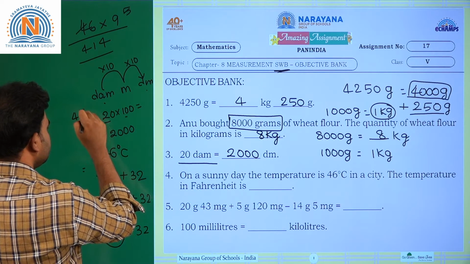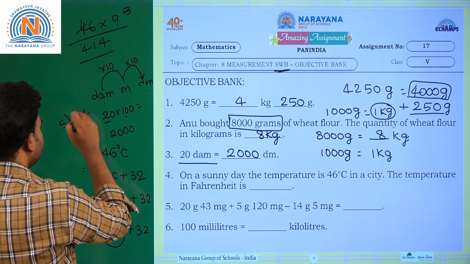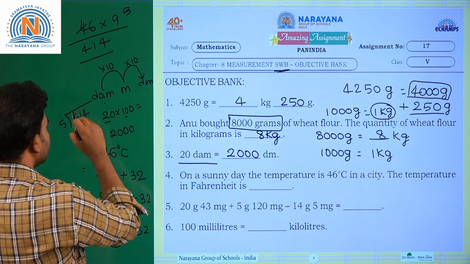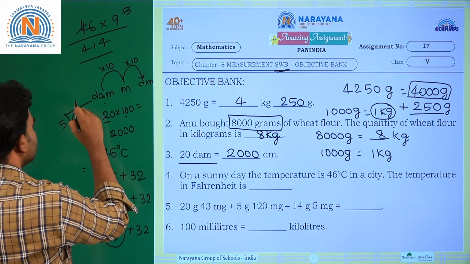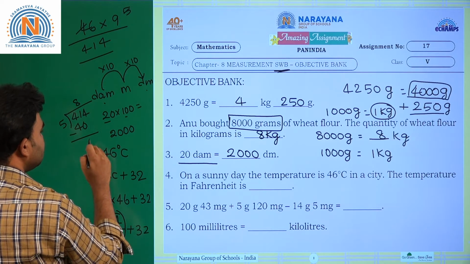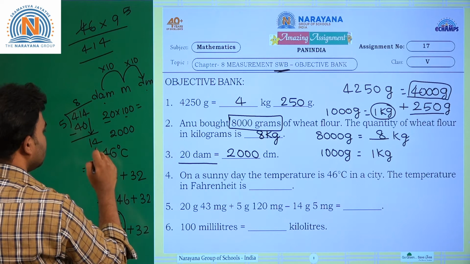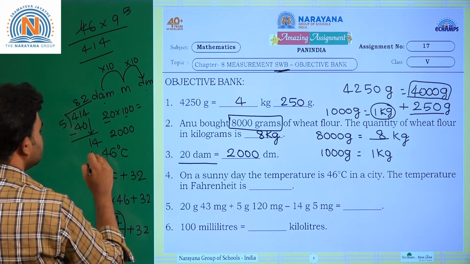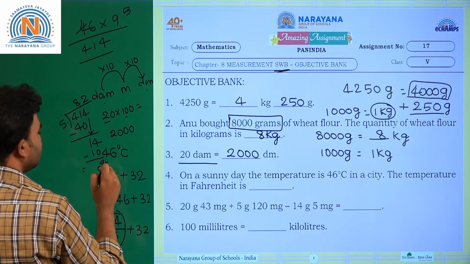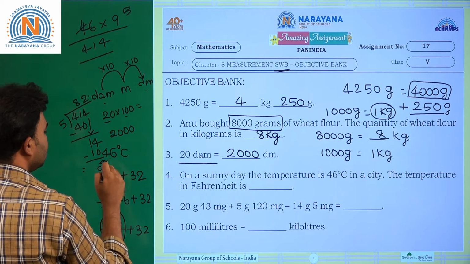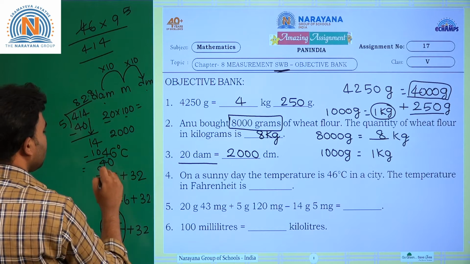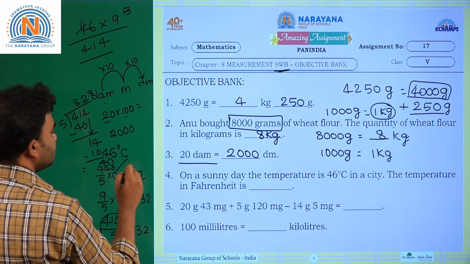414 by 5. 5 will not go into 4, then take the next place also, that means 5 8s 40. 41 minus 40 is 1, next bring down 4, 5 2s 10, 14 minus 10 is 4, then take the decimal point, then you will get 0 here, 82. Now 5 8s 40, 40 minus 40 is 0. So the answer